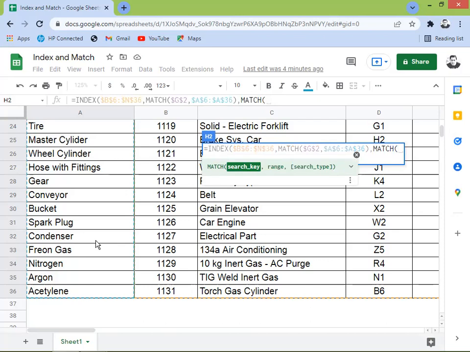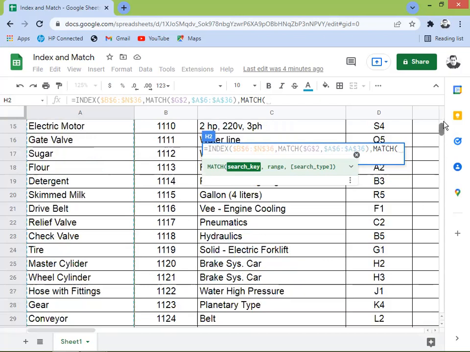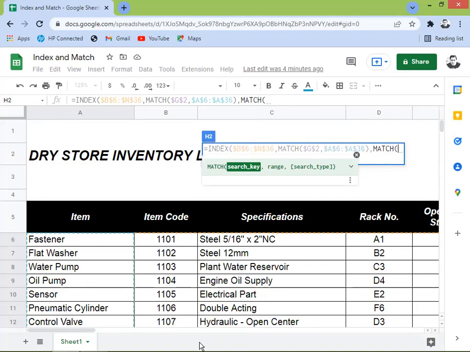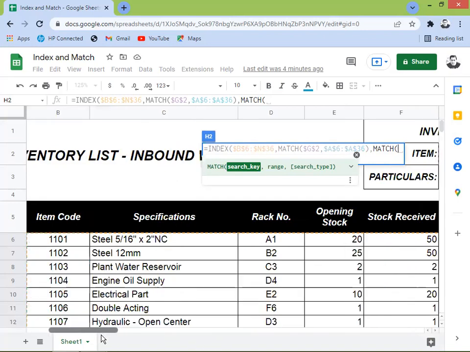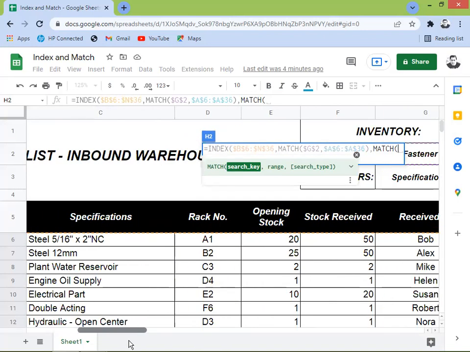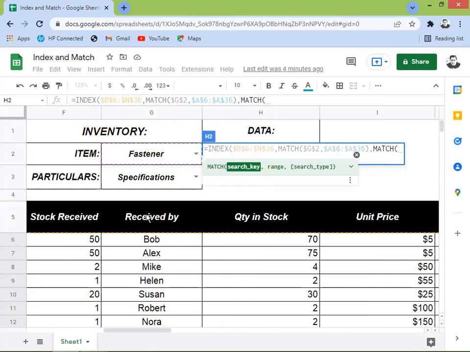For the first MATCH function, we said the item would be our search key. Now the lookup cell, this time we're going to use the particulars, this one,